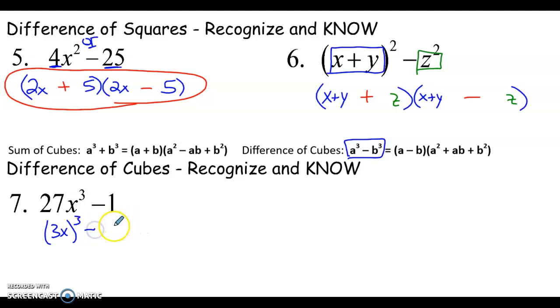And then minus 1 cubed. So this becomes our a here, the 3x, and then our b is just 1. So we can rewrite this. A, 3x, minus 1,